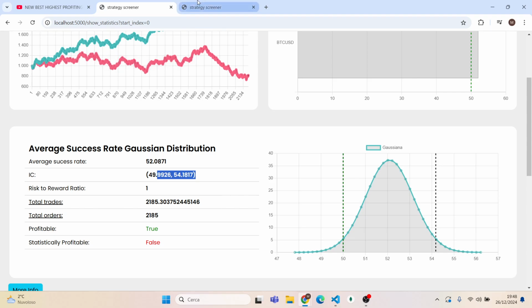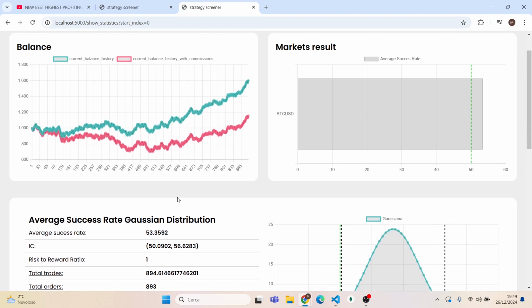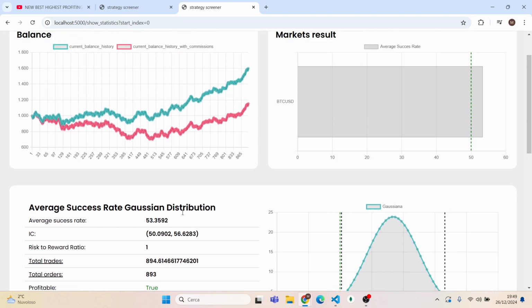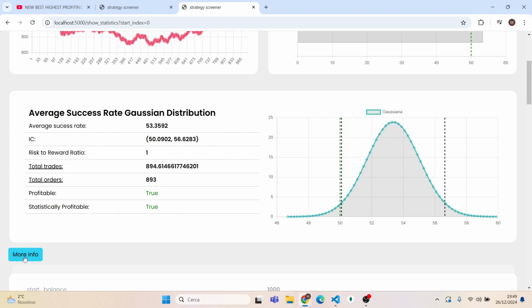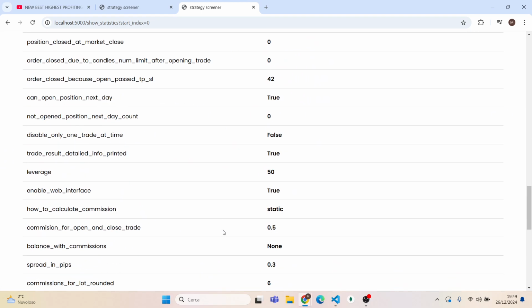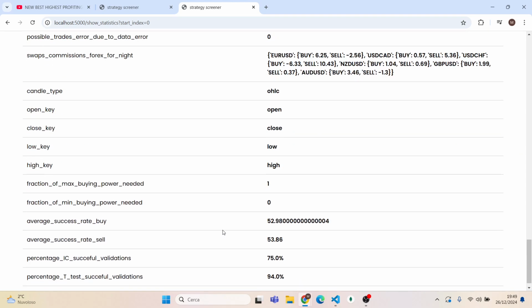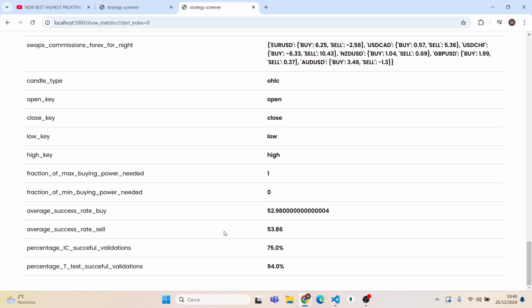The test average success rate doesn't perform too bad, but we can improve that. For today's video, I will try to improve only the buy trades. Let's first see the average success rate on the buy side on the test dataset. As you can see, the average success rate on the test dataset is almost